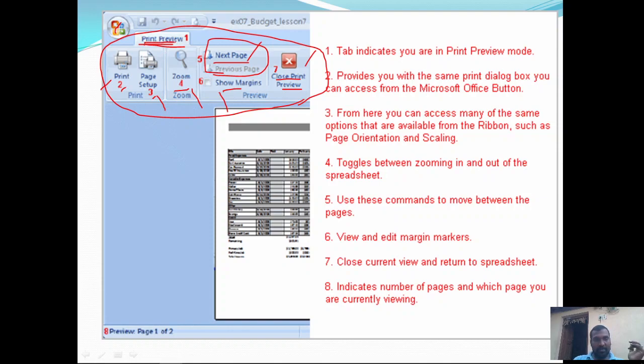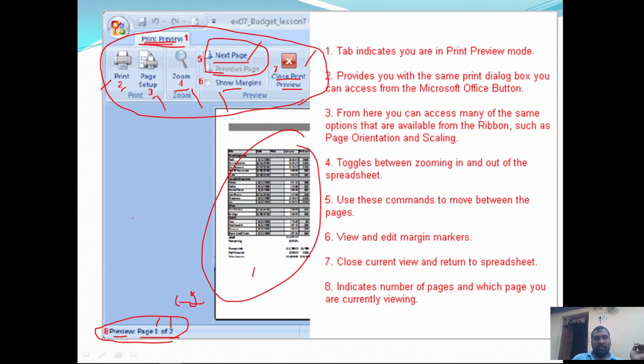Right, this print preview tab is included with all these options, and at the bottom we have one option, a preview status bar. In this status bar, page 1 of 2 means it is going to display for which page we are viewing the print preview. So page 1 out of 2 means we have 2 pages total. Among these 2 pages we are viewing the first page. That first page is this one.